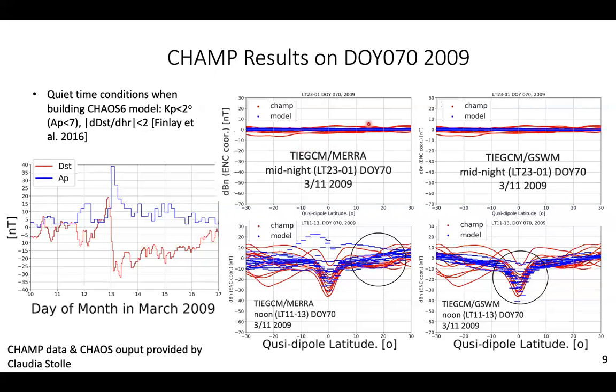So the spread of these curves shows the longitudinal variability under the same quasi-dipole latitude. During the dayside, the MERA case shows the stronger longitudinal variability in the off-equator region. At the magnetic equator region, the model performs a little bit weaker amplitude of the ionospheric